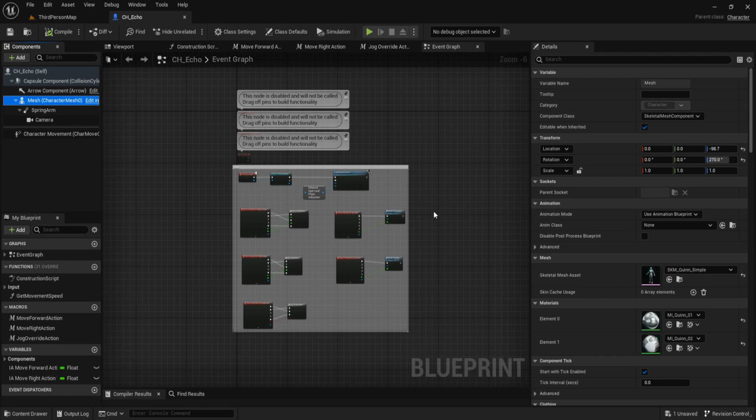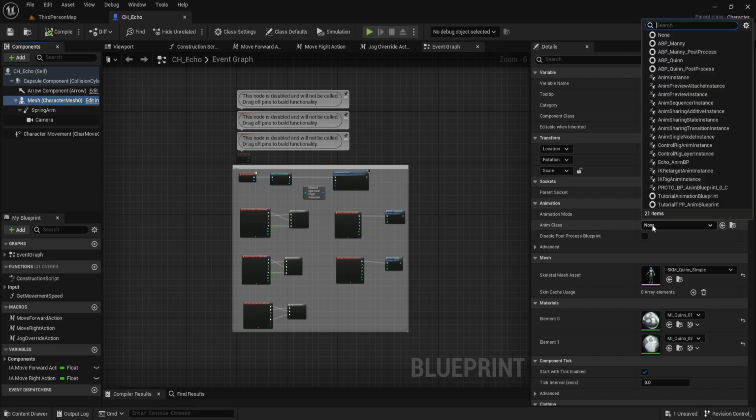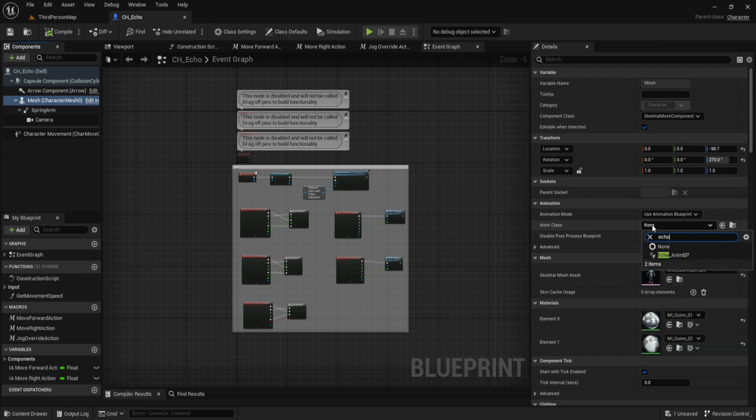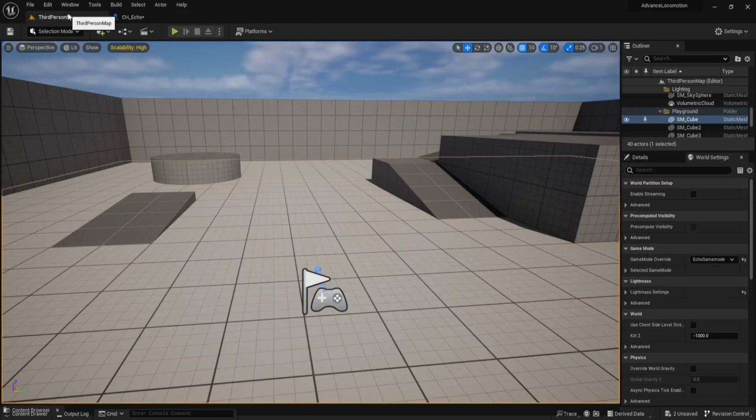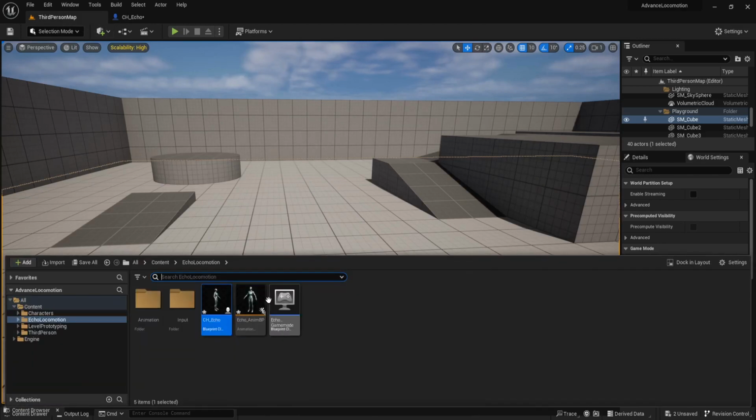Click on mesh and choose anim class as Echo Anim BP. Then open Echo Anim BP.